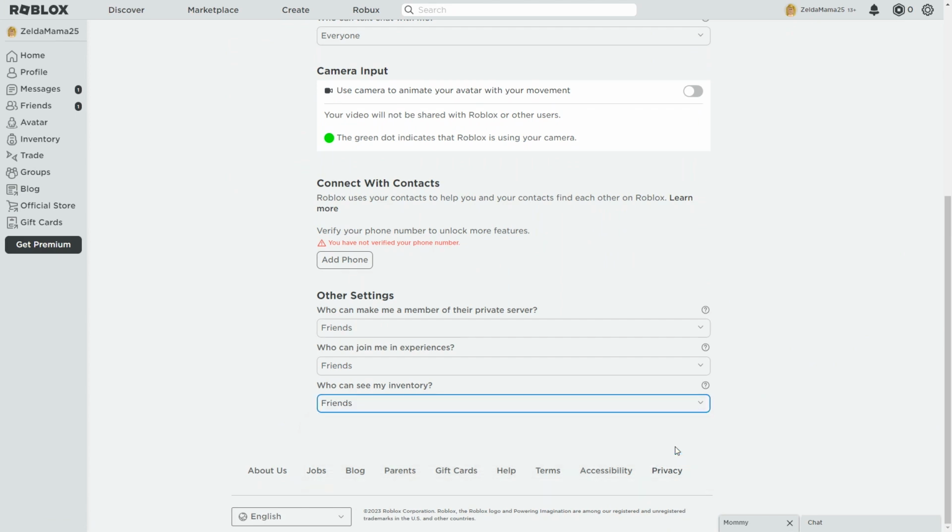This has to do with the items you have in your inventory that someone might want to view and offer to trade with you. Again, to minimize interaction with people your child doesn't know, it's probably best, at least for the younger players, to just set this to friends or no one. And before we move on, just remember to have a chat with your kids about accepting friend requests.